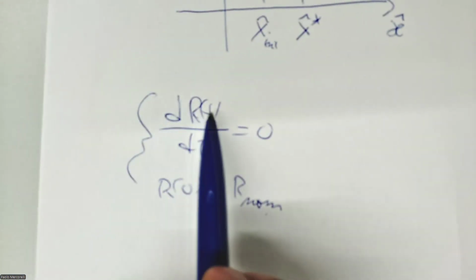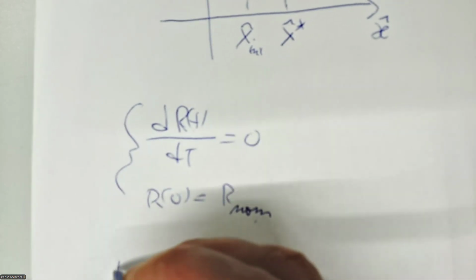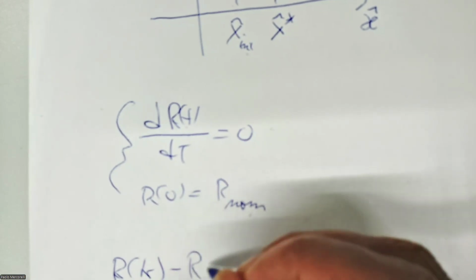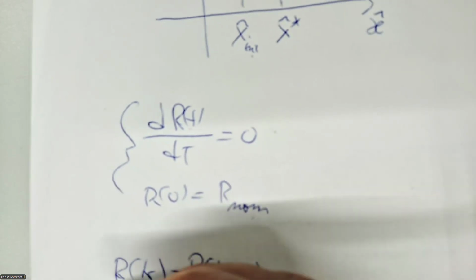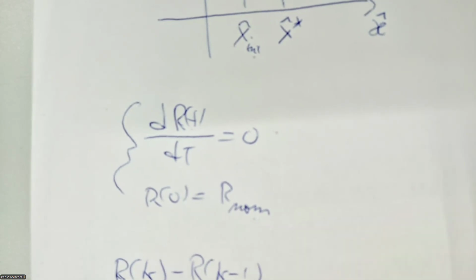Now, let me realize the discretization of this system here. Is it a dynamical system? Formally, yes, no? Because we have the derivative. The state of the system is R, very important. The state of the system is R. How can I represent this system in discrete form? You remember, I invested time to introduce